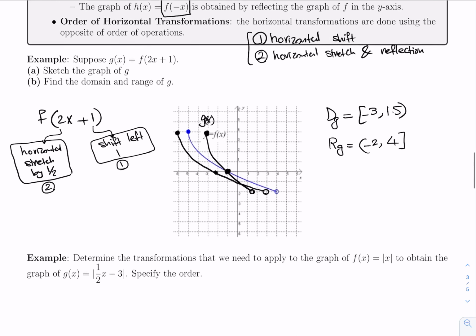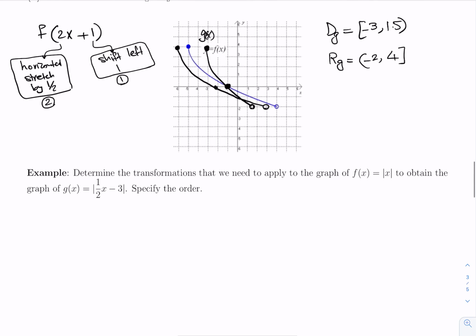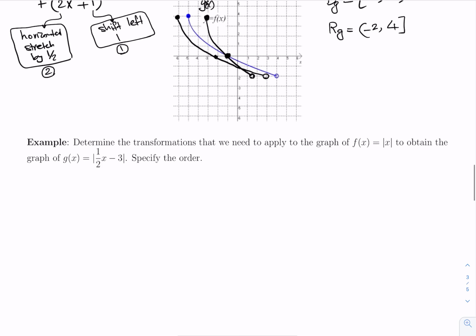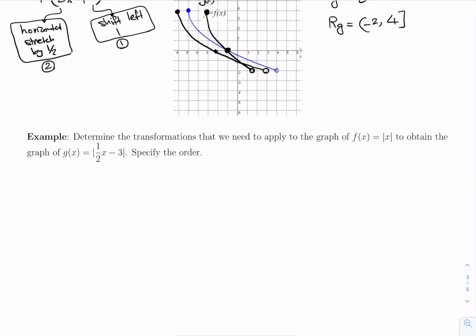Another example. What transformation do we need to apply to absolute value of x in order to get absolute value of 1 over 2 times x minus 3? There are two horizontal transformations here. One of them is a horizontal stretch